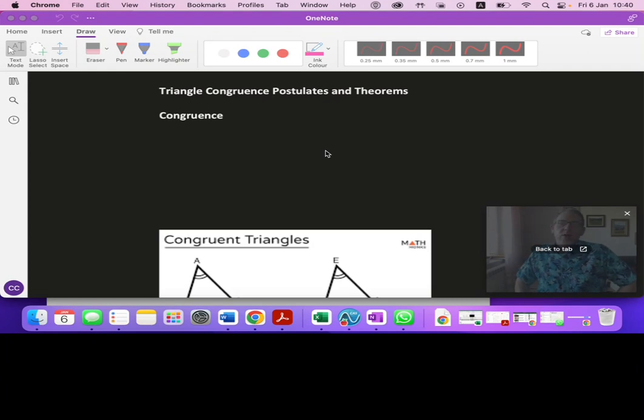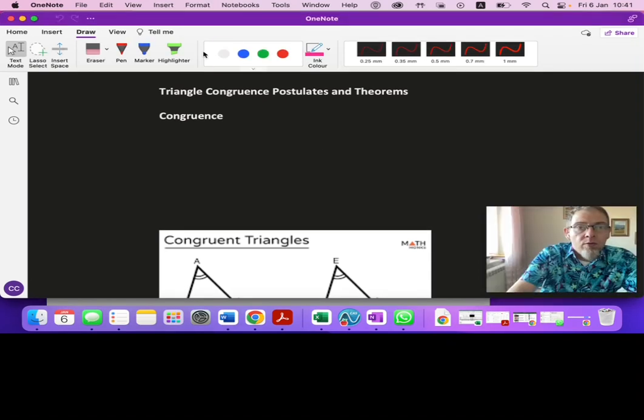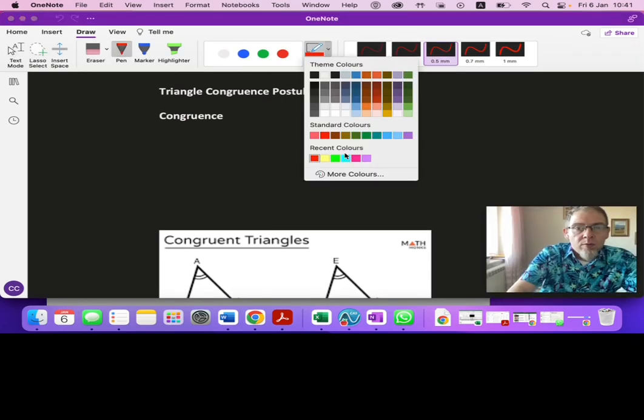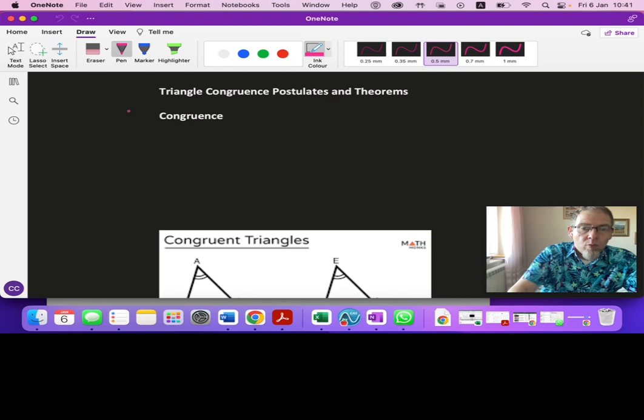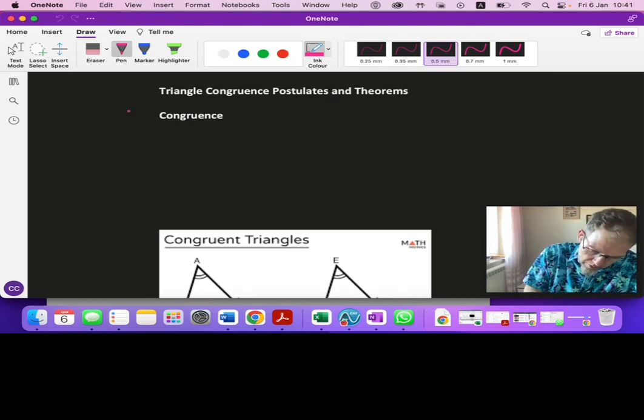So, today we are looking at this idea of congruence and triangle congruence in particular. If two shapes are congruent, it means they are exactly the same. Mathematically speaking, when we use the term congruence, what that means is,